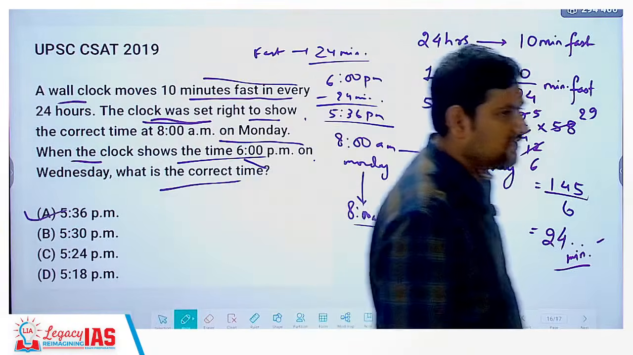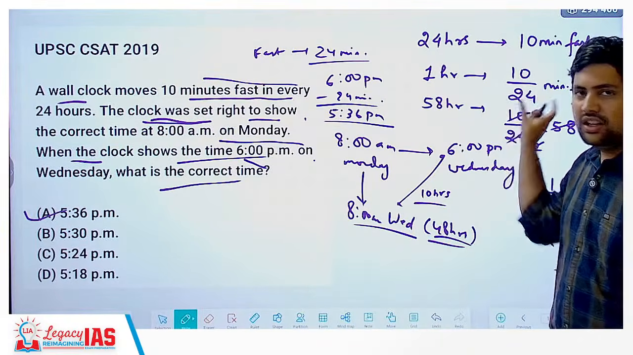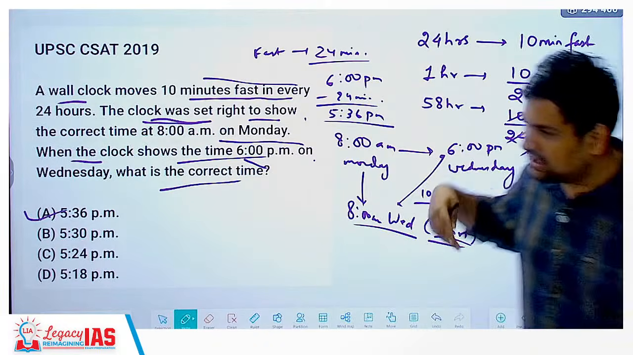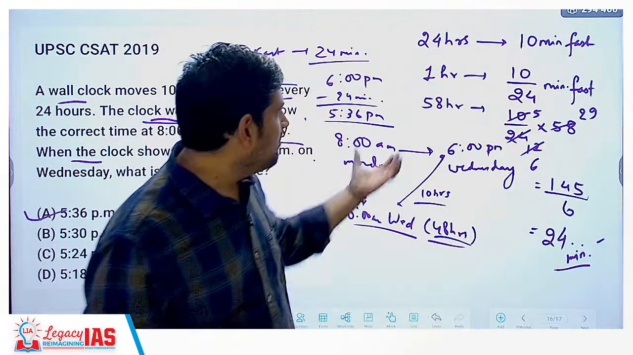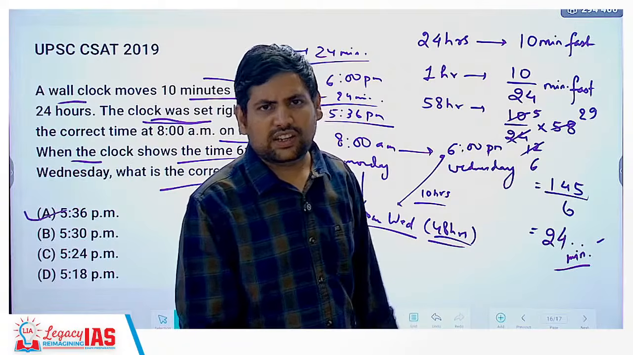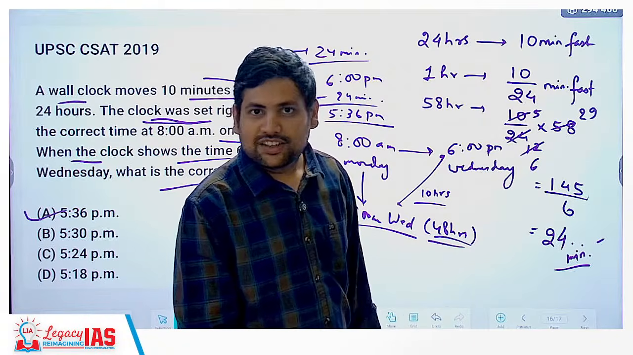You just have to calculate what the error is in 1 hour, then in whatever range, find how many hours are there, and you can get to the answer. Simple. Then